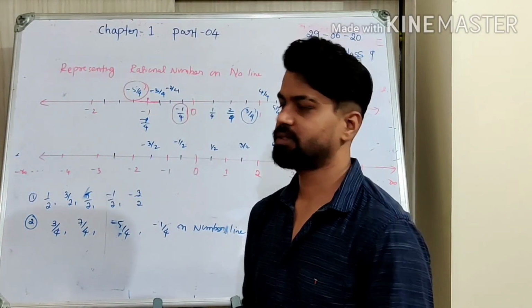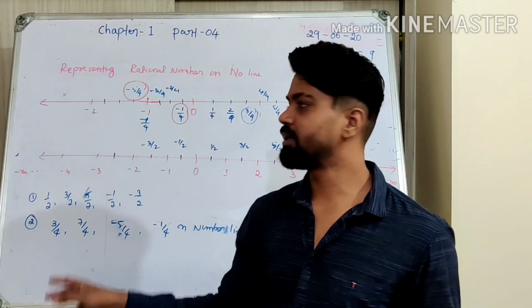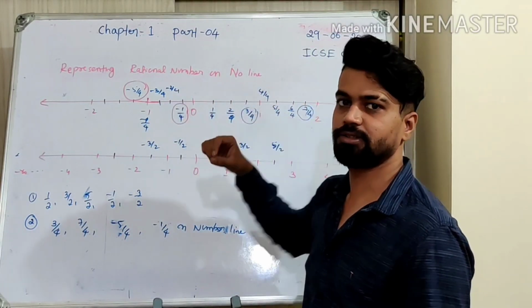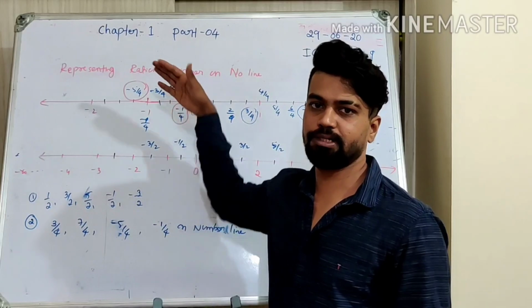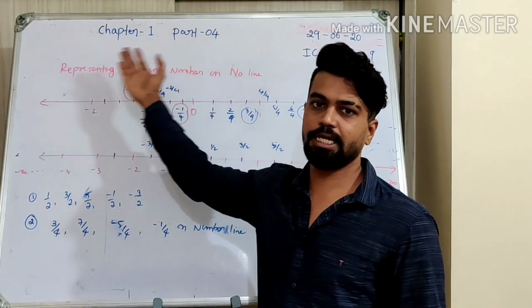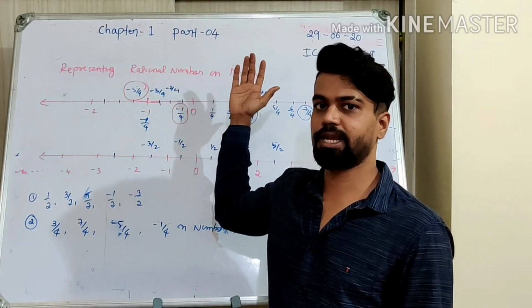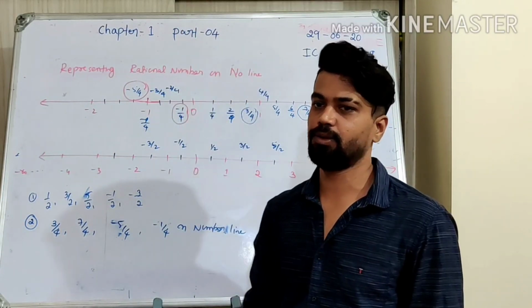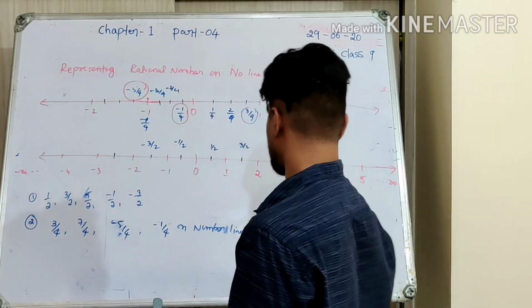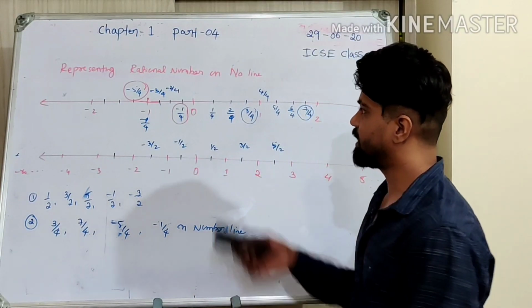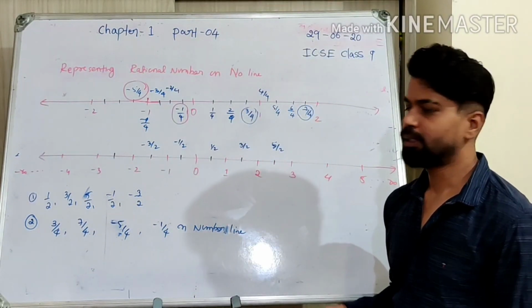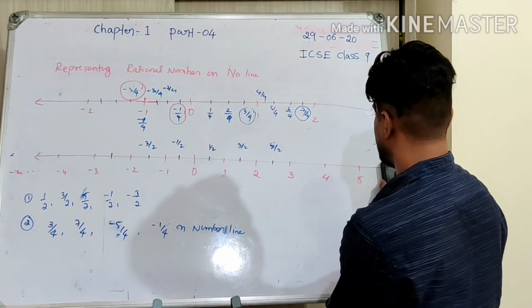Okay. That is fractions. These are all rational numbers only, but this specific method is used for fractions. So any number, if they give 1 by 7, you divide them equally into 7 parts, and the first part will be 1 by 7. Second point will be 2 by 7. Like that it goes. Okay. Hope you understood. This is about rational numbers. Now coming to irrational numbers, let's see what is the method.